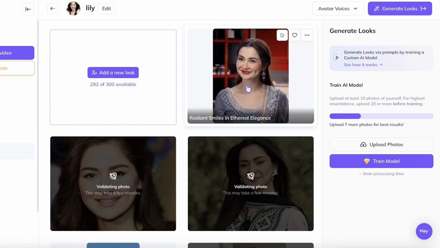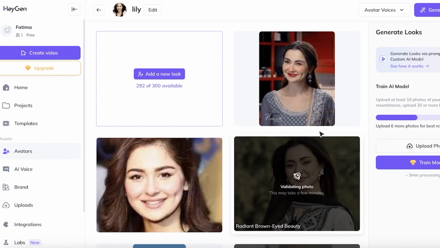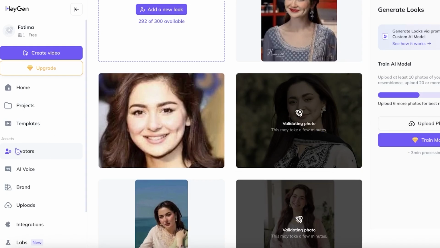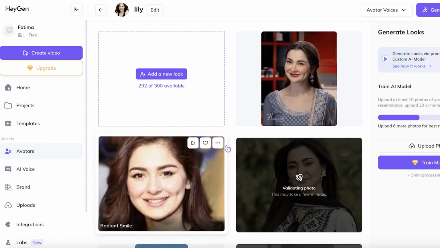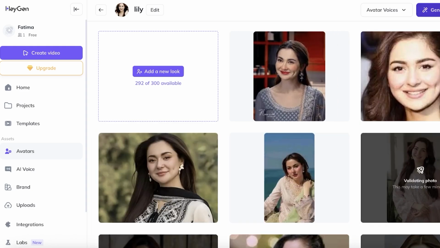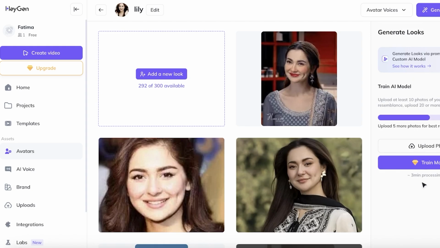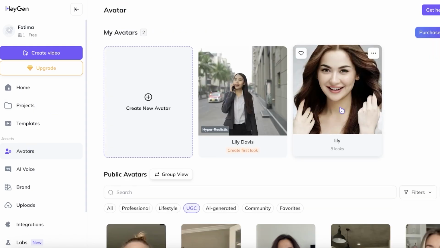So just like that, you are able to create your own clone, and you are able to do this with a couple of images or just a simple video. Keep in mind that training your model can take anywhere between 5 minutes to 10 minutes. So you do need to wait and let it be completed, and then after that you can proceed with training your model. Now, creating this type of AI model is going to be limited only to the premium